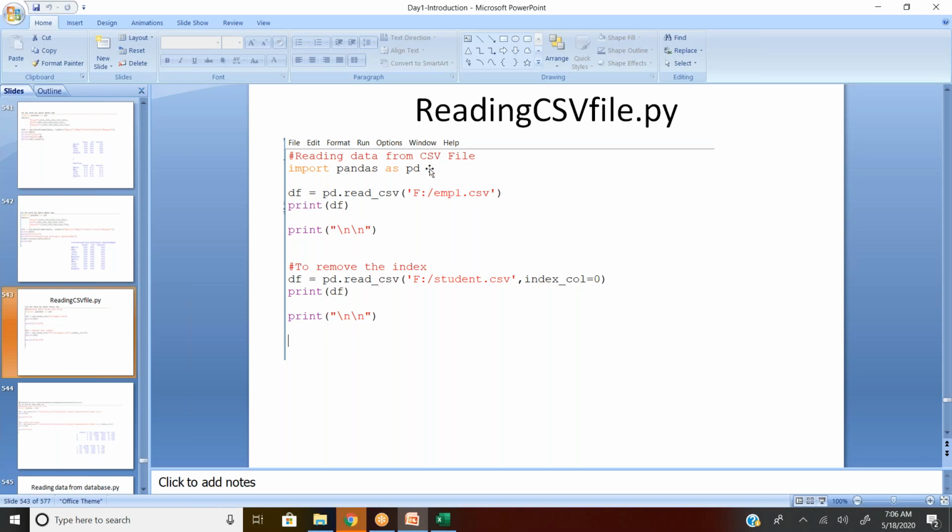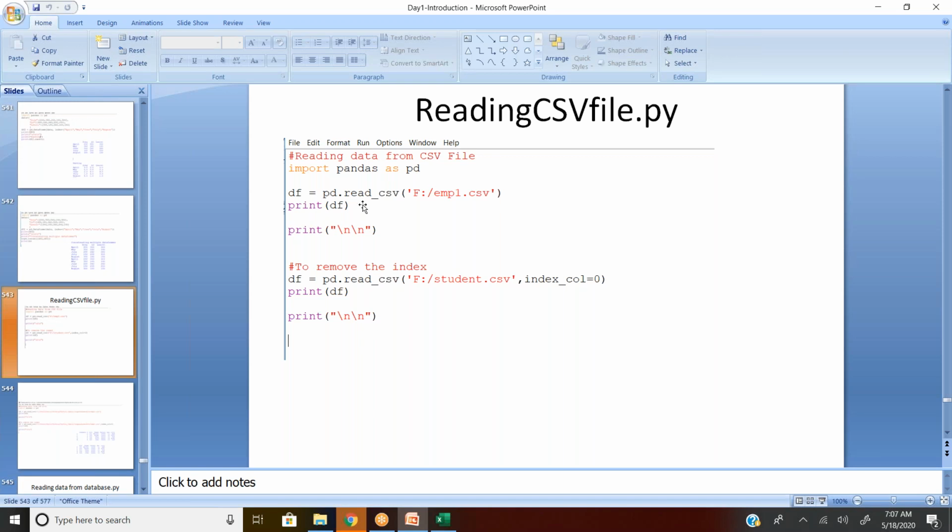Right now you're seeing pandas as a very small package name. But when I come into data analytics, you may have lengthy names like scikit-learn, matplotlib. All these are different types of modules which you use for data analytics. So to avoid writing the lengthy names, we are going to use alias names. So, pandas as pd.